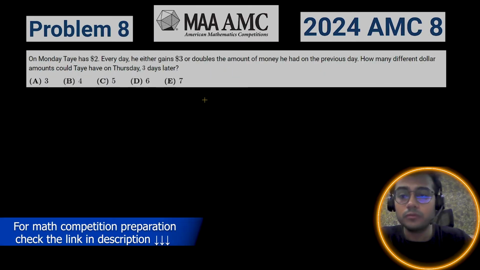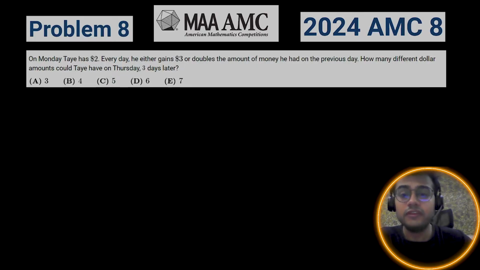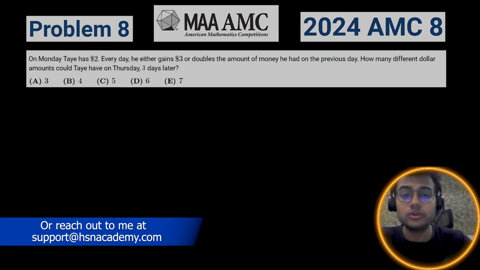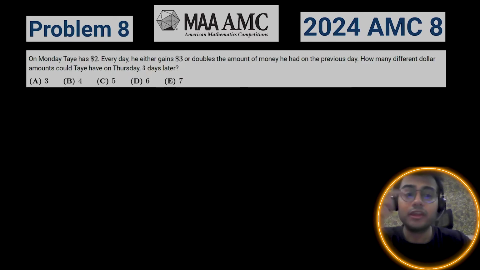Okay, so in this problem, there's a person called Ty, and he has $2, and every day he either gains $3 or doubles the amount of money he has. They want us to find out the different dollar amounts he can have on Thursday. So we're starting on Monday. On Monday,